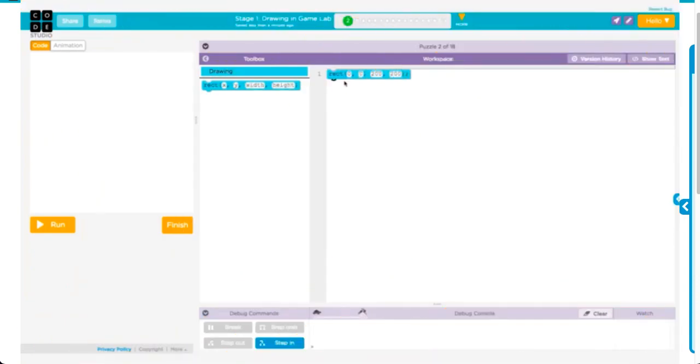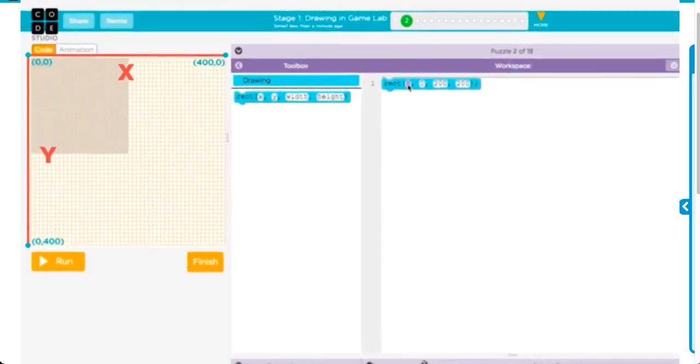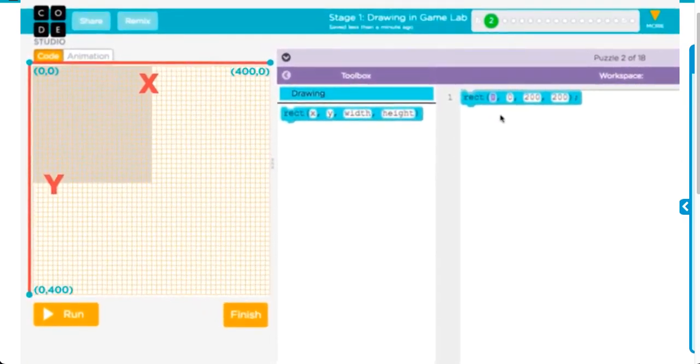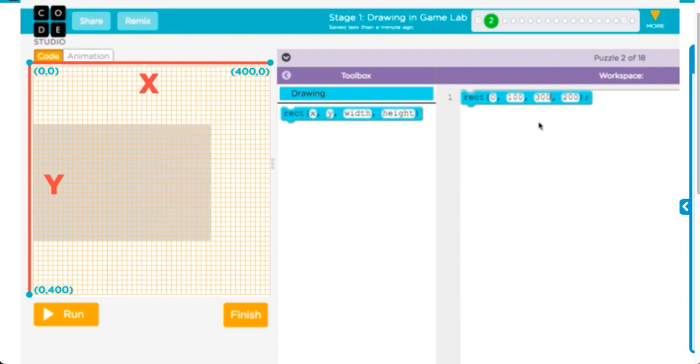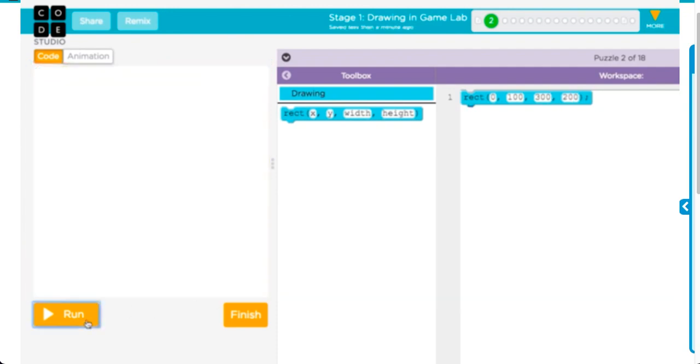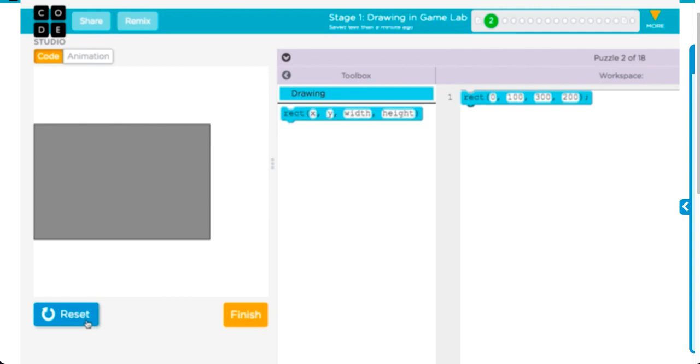In GameLab, the X and Y position starts at the top left corner. If we want to move the rectangle down the screen, we actually need to increase the Y value. To make the rectangle wider, we'll also need to increase its width. Learning how to use new commands doesn't have to be trial and error. If you hover over any of the blocks, you can read more about how to use it and see detailed